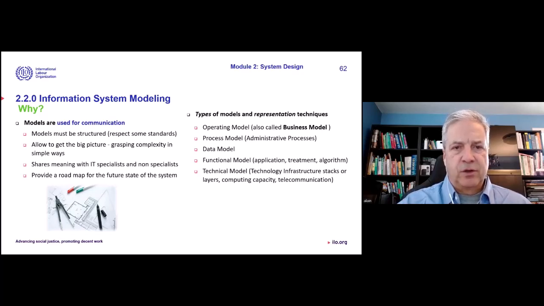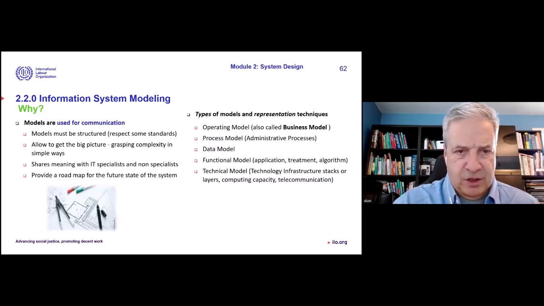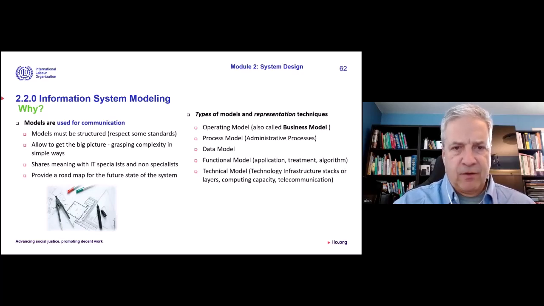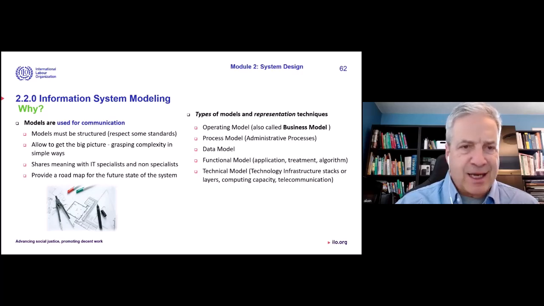We're using models to manage the complexity because systems are complex. There are many layers, we've said, and we need everyone to understand all the dimensions of the systems: technical, infrastructure, functionality, process involved, people involved, where everyone fits in the whole picture. So that's why we use models. This enables our brain to understand and also to have everybody on the same page.